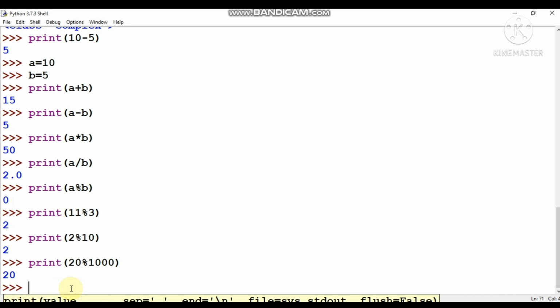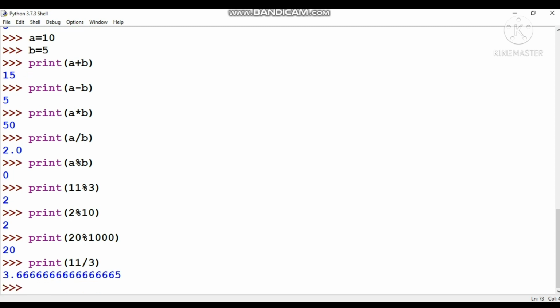Now moving to the next one, called floor division. I'm going to give one example. When we write print 11 simple division 3, can you tell me what the result will be? It will be 3 point something. You can see 3.66. But if you want to get only the whole number, you don't want a decimal number, Python provides a new arithmetic operator.